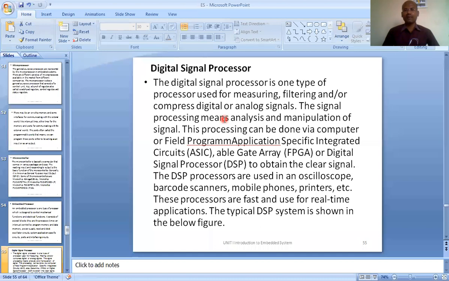Maybe 30 pictures in 1 second, or 40, or 50, or 100 pictures in 1 second. They call it 100 frames per second, or 50 frames per second, or 30 frames per second. 30 frames per second means you are playing 30 pictures per second.